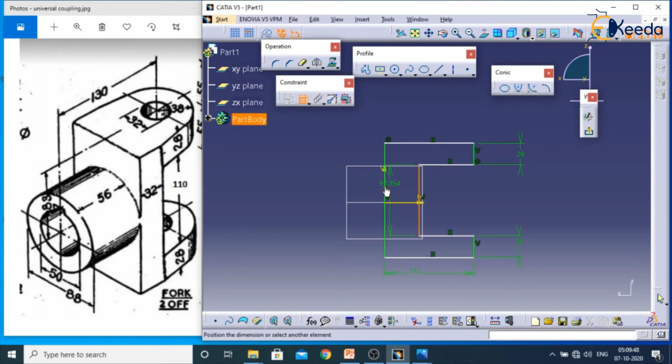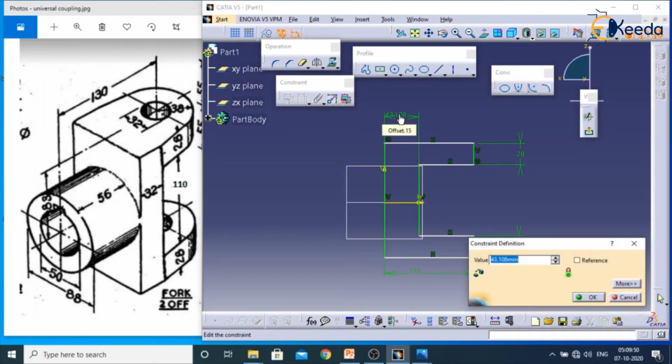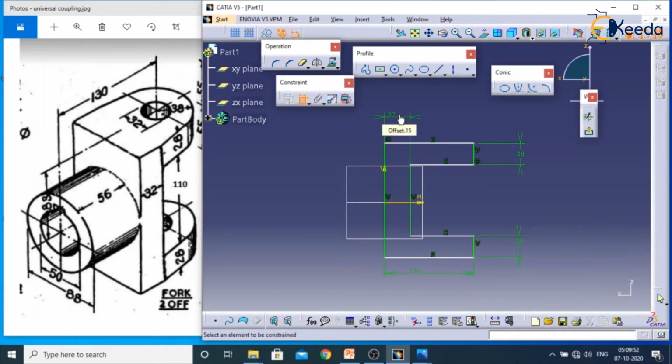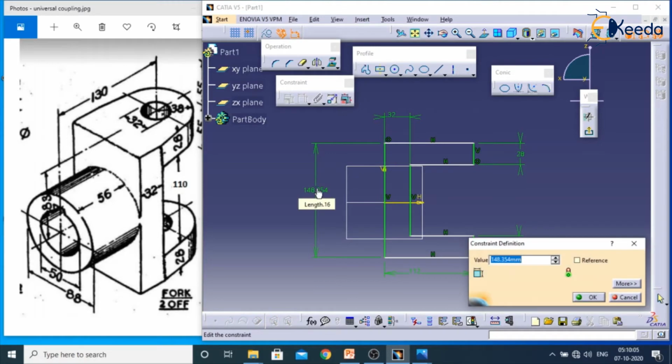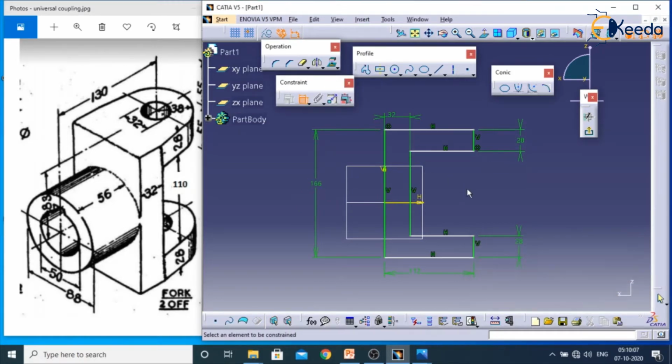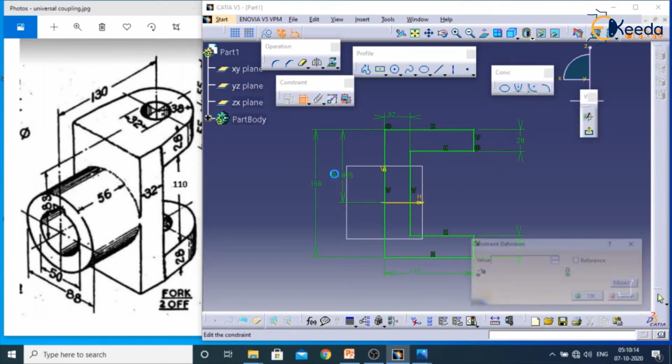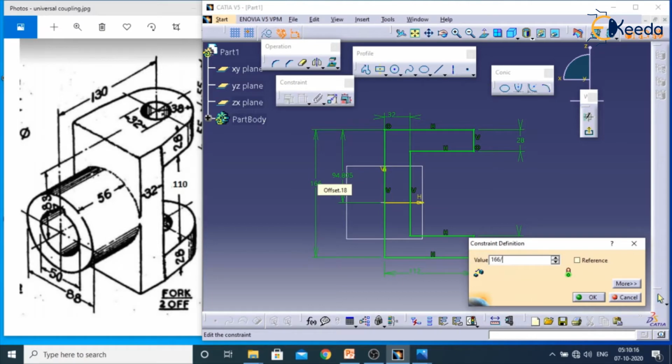Select this, double click on this 32, and this height of this object is completely 166 because 138 plus 28, 166. Okay, again select this, select this should be 166 divided by 2.